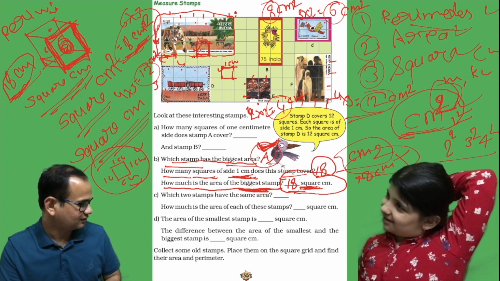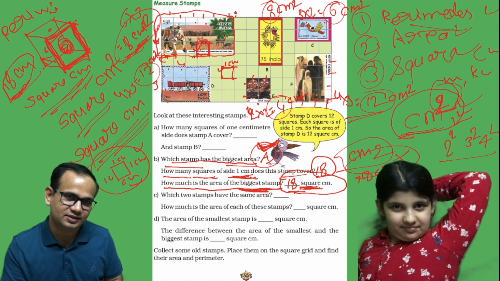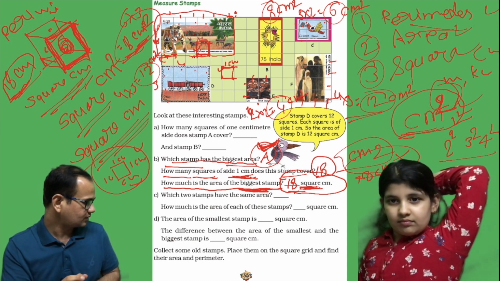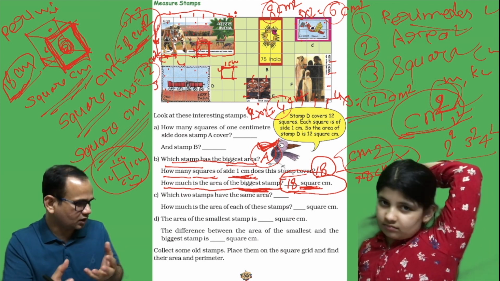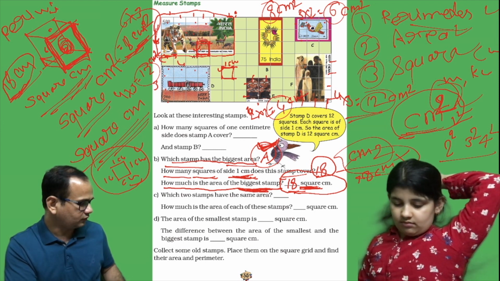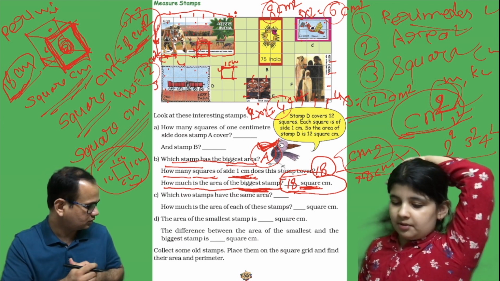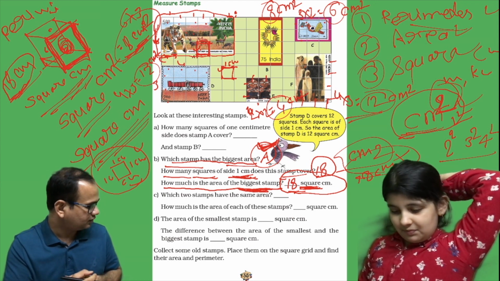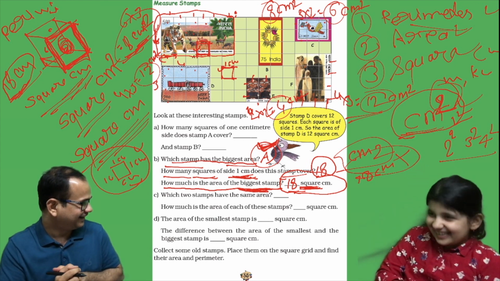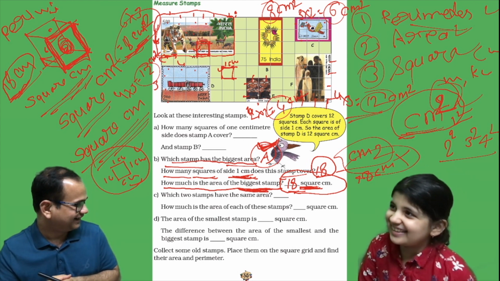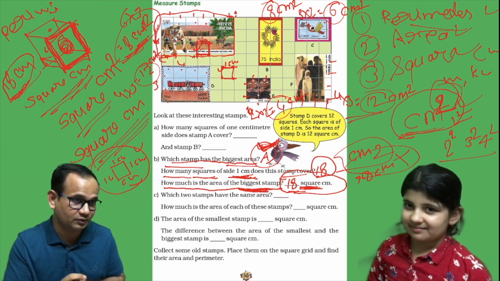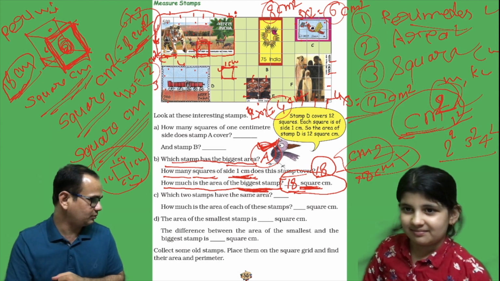Kilometer. Okay, that's it. See, here we talk centimeter-wise because this stamp A is very small. Stamps are small, you can keep them in your books. For a big book, in which unit will you measure the length? Centimeter, correct, not meter. Do you have a 1 meter book? No, you don't. So that's what I'm telling you. That's the question you asked me, why it is in centimeter. That is the reason.